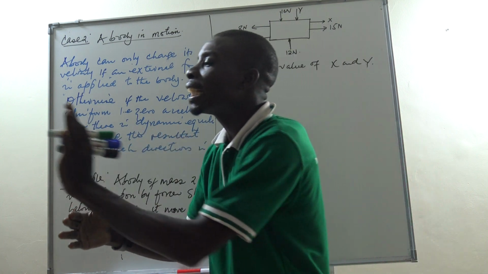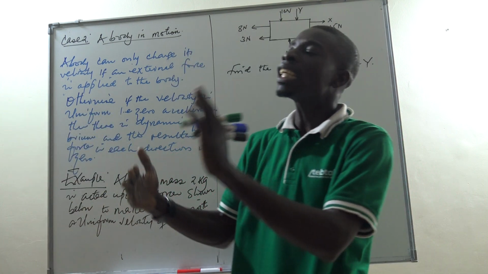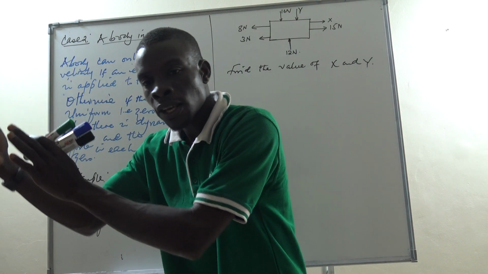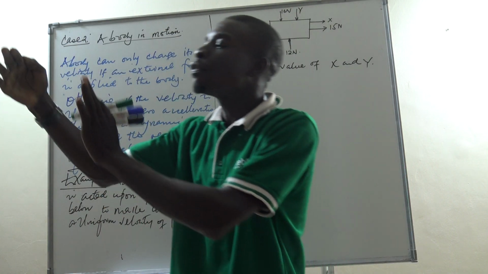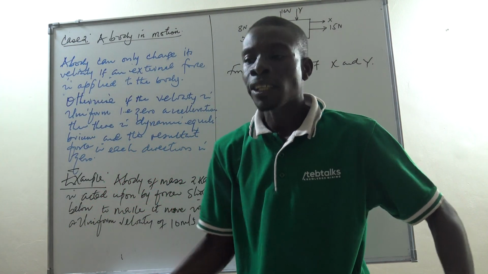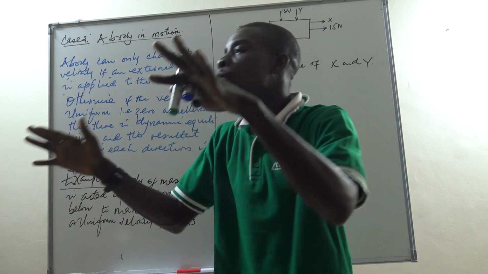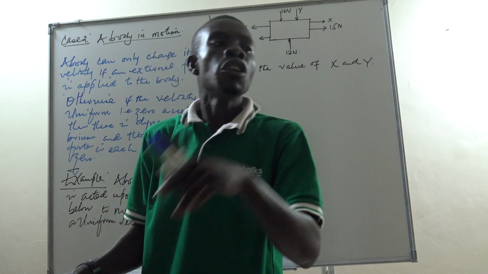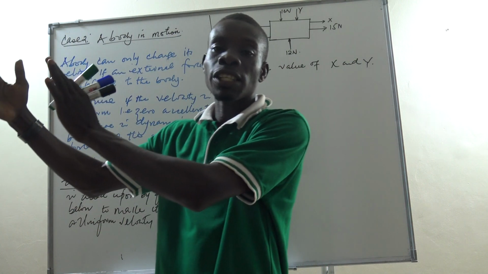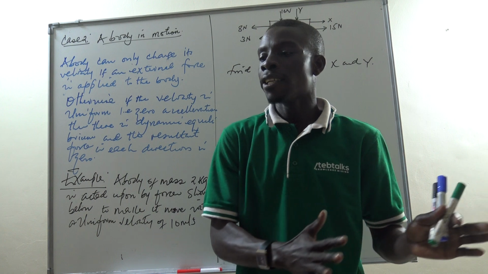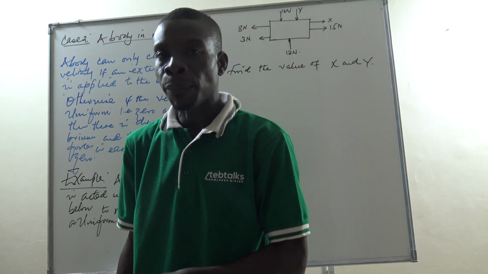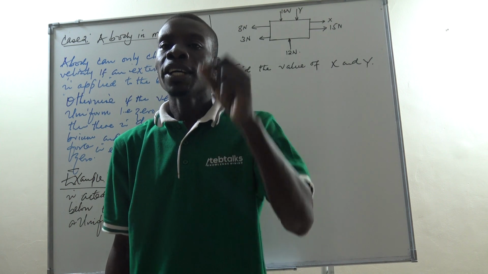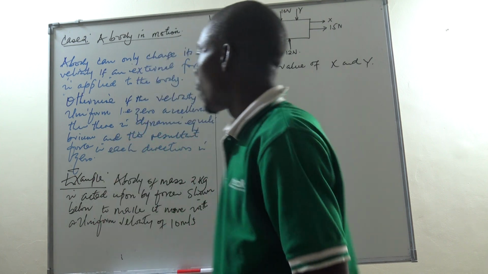That means that what is on the other side is equivalent to what? Because if what is in front is bigger than what is behind, it means the speed would increase. Also, if what is in front is less than what is behind, that means resistance is too much, and the speed is supposed to reduce. But in a scenario where the speed is neither reducing nor increasing, it means the force in front is equal to the force behind. And that is what we are calling equilibrium. But which type of equilibrium? That is dynamic equilibrium. Equilibrium when the body is moving.